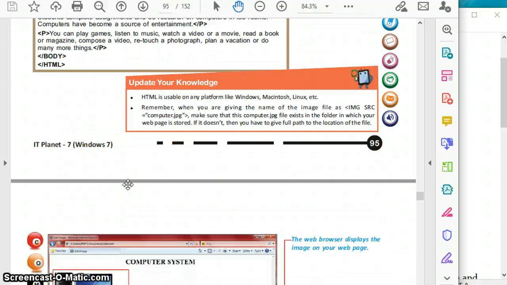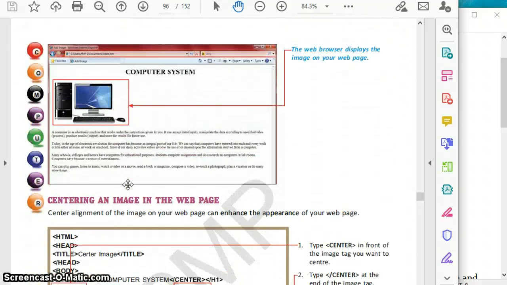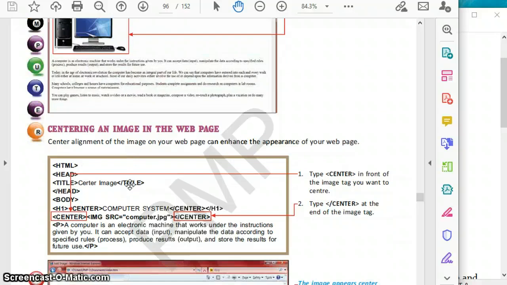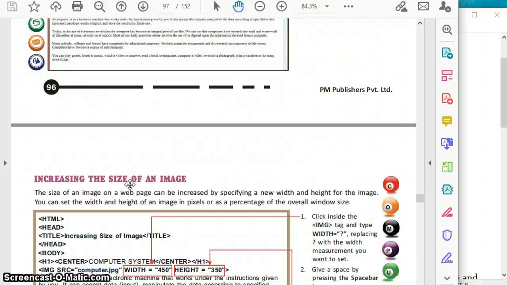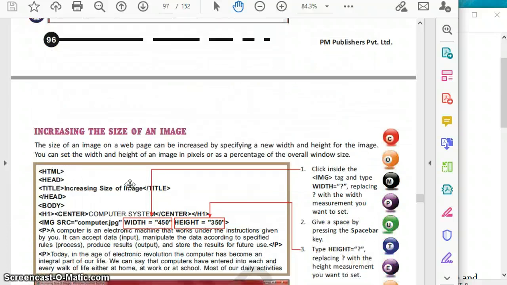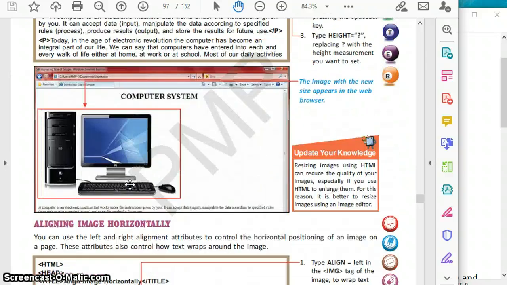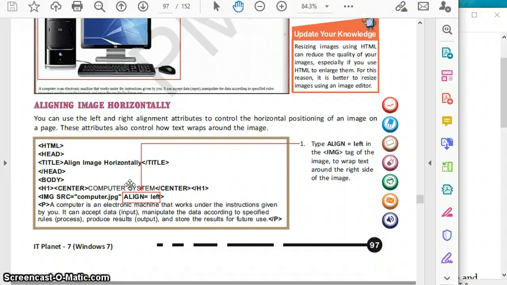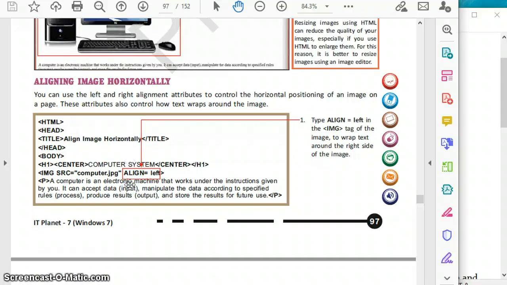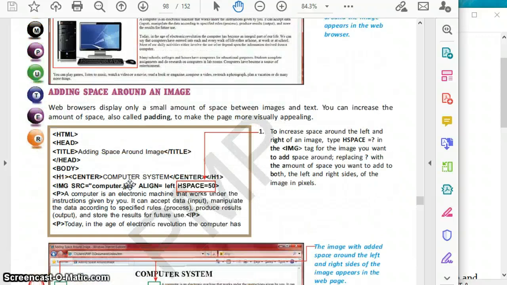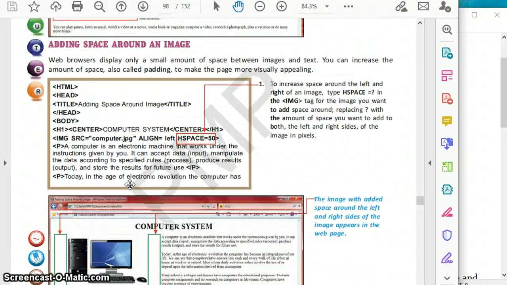How can we resize an image? How can we change the alignment of the image? How can we increase or decrease the size of the image? How can we align it horizontally? And how can we add horizontal spacing to our image? That is the hspace.